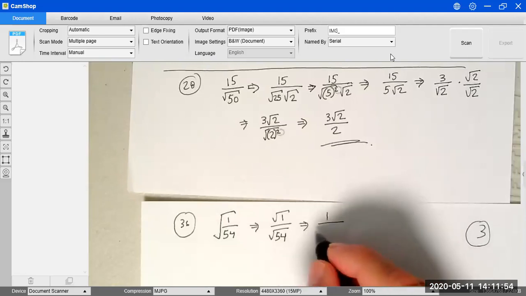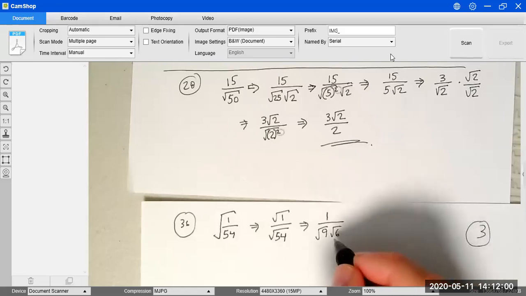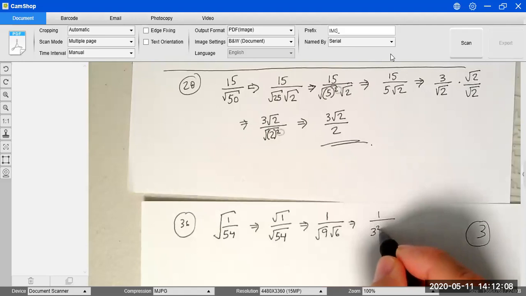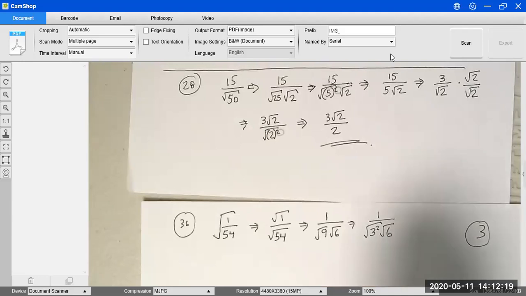Then 54 is 9 times 6. Especially this factoring is important because 9 is a perfect square. I can write 9 as 3 squared. And also I have my radical 6 here. So that's problem 36. The next part is that we're going to